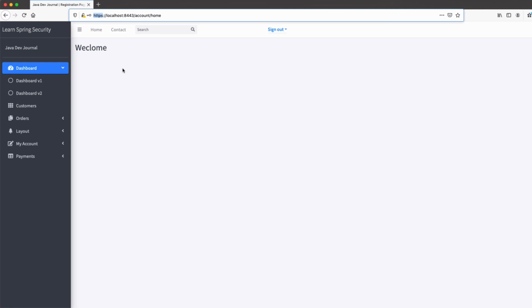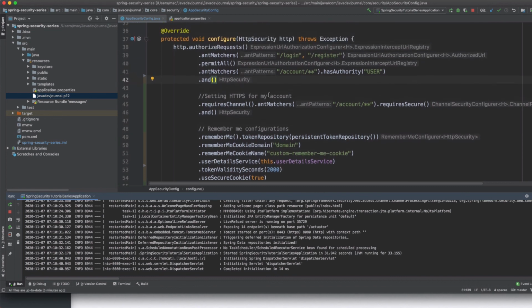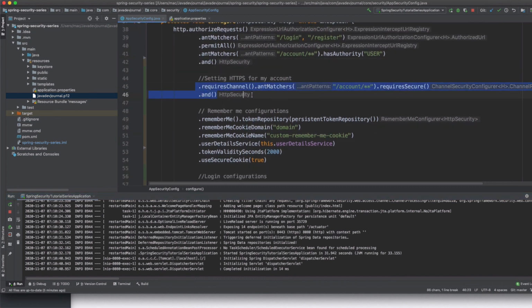And as I said, this entire application can be served over HTTPS. Even if you go to the login screen, or any other pages, everything will be in HTTPS. All you have to do is go to your configuration and change it to tell Spring Security that all patterns in my application should be served through the secure channel.